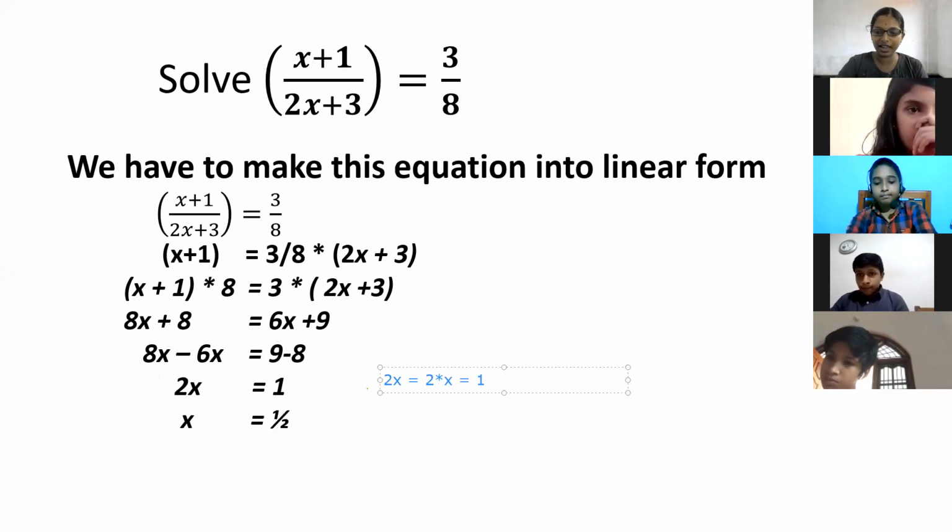Then how will you find the value of x? Here 2 is multiplied with x, and while moving to RHS it becomes division. Okay, this is changing division to multiplication, multiplication to division, addition to subtraction, and subtraction to addition. We are doing all 4 operations in solving the equations. Using these 4 operations we are finding the solutions.